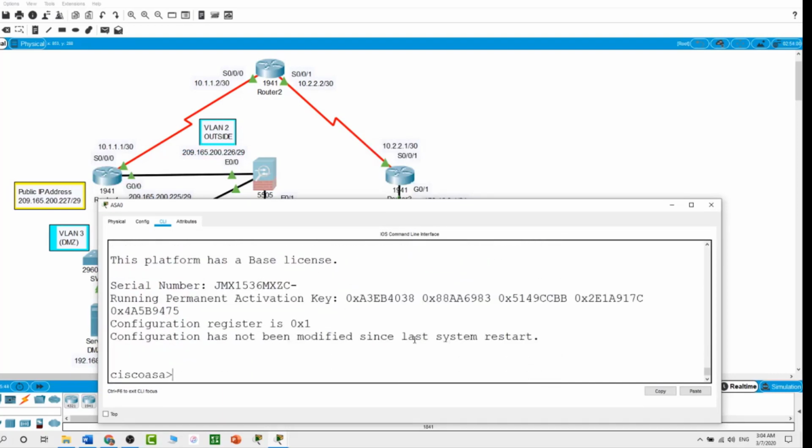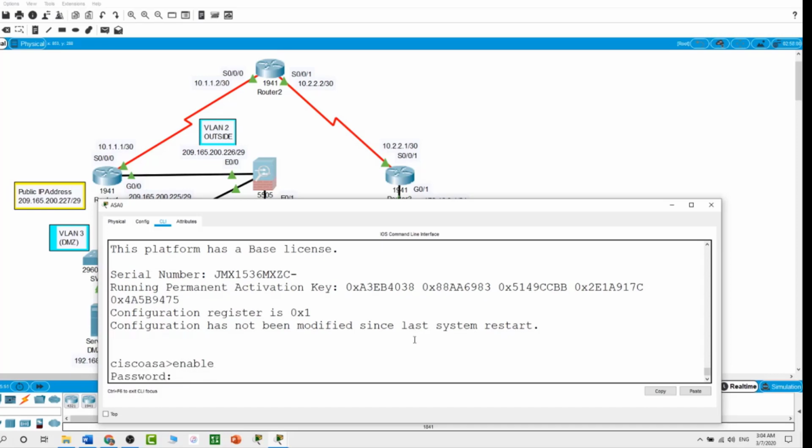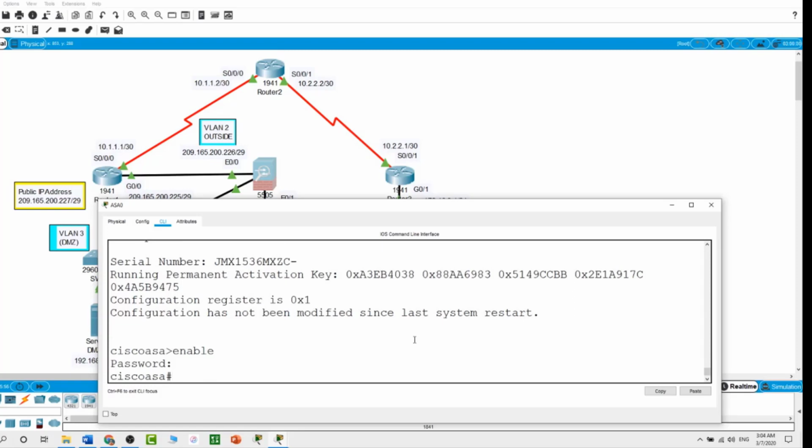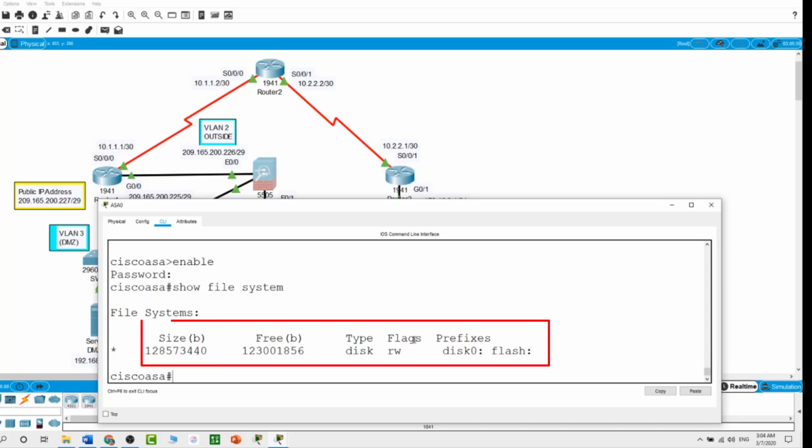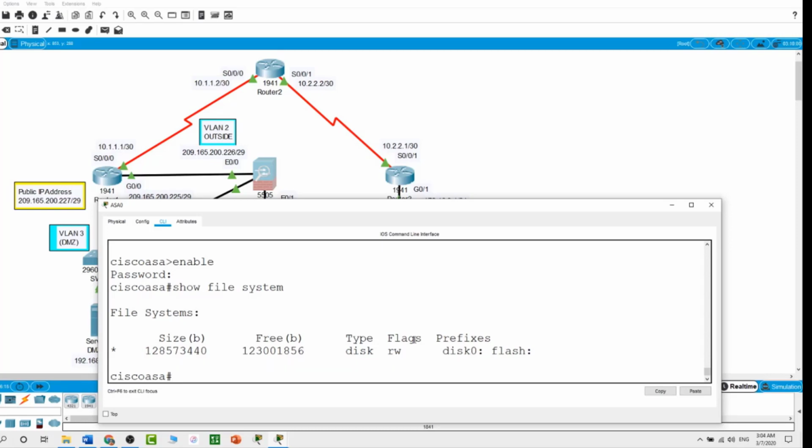Next, I will enter the privileged exec mode by typing enable, enter. No password yet, just hit enter. Now, from here I will run this command, show file system, enter. Here is showing us the size of the file system and also how much free space we have on the disk. Next, I will use either command show flash